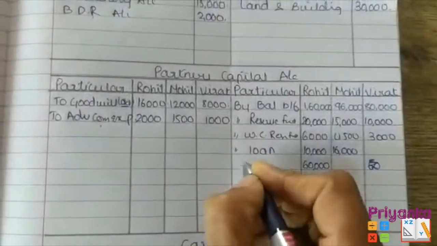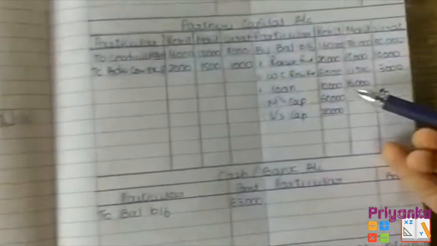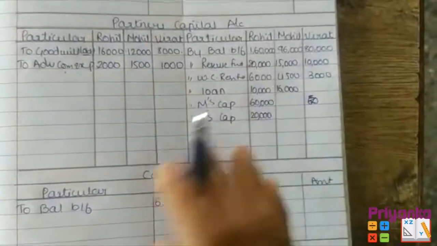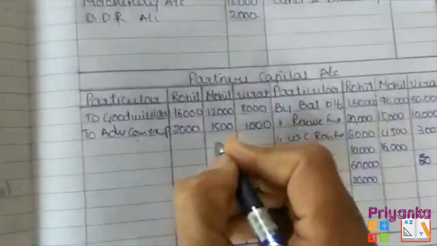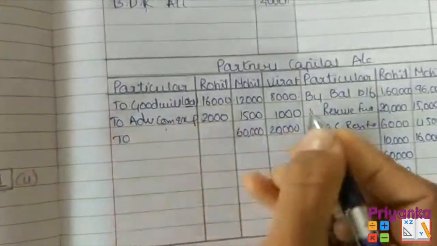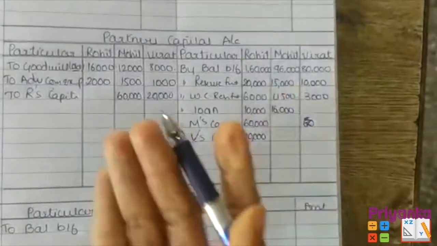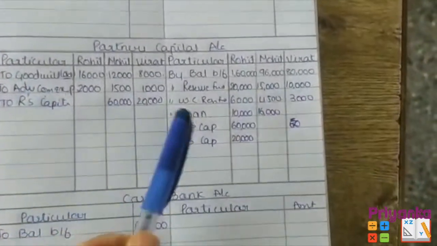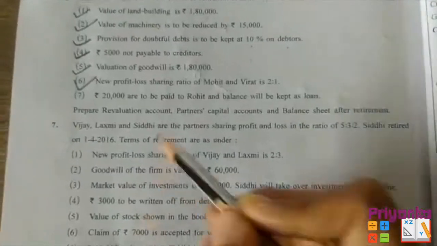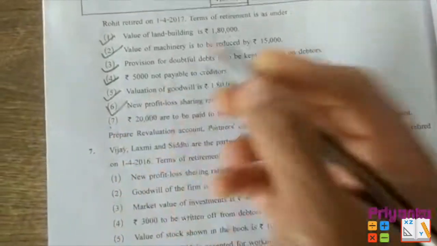अब रोहित को कौन दे रहा है? एक तो मोहित भी दे रहा है और एक विराट भी दे रहा है, राइट? आई एम शोइंग यू अगेन दिस कैलकुलेशन. यू कैन सी दिस, मोहित एंड रोहित. सो 60,000 एंड 20,000 गिवन टू रोहित. यहाँ पे हमने दिया. अब मोहित और विराट में से ये 60,000 और 20,000 रिमूव करो. यहाँ से हम रिमूव करते हैं तो यहाँ पे बताते हैं कि हमने रोहित को दिया. दिस इज वेरी सिंपल. जस्ट रिमेंबर, जब दे रहे हैं यहाँ पे देना है, और जब जो दे रहा है उसको यहाँ से रिमूव कर देना है कि ये दोनों रोहित को दे दिया है. नाउ मूविंग टू द नेक्स्ट, दैट इज 20,000 are to be paid to Rohit and the balance will be kept as a loan. Now this will be done at the end, that I'll show you.